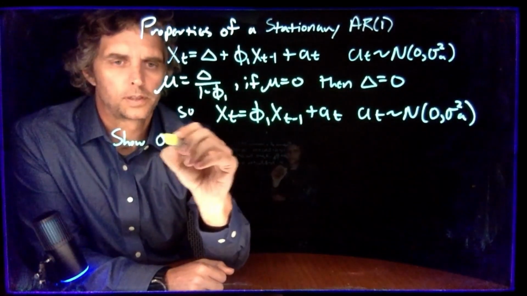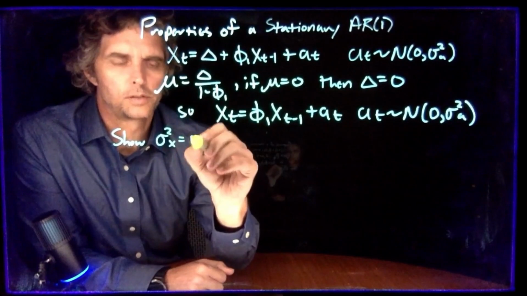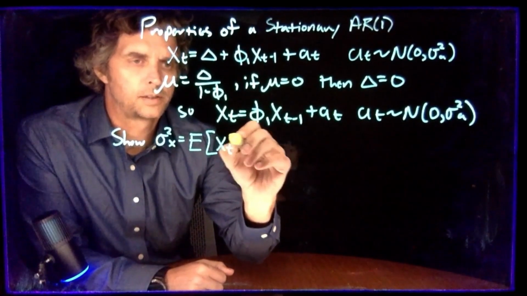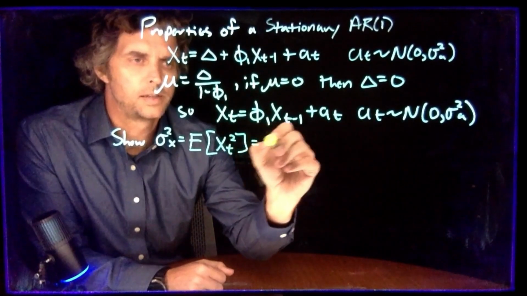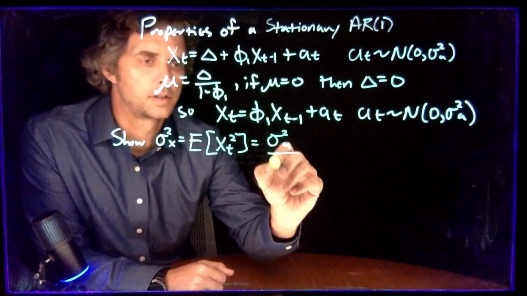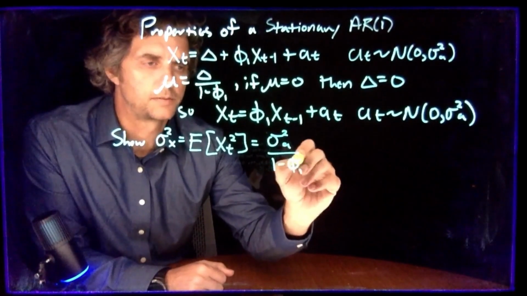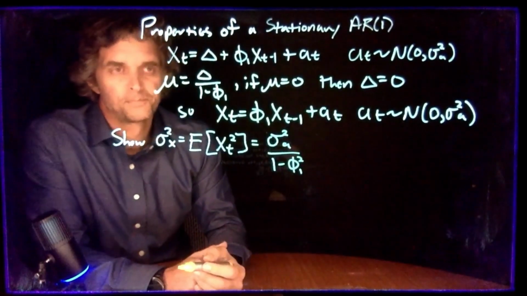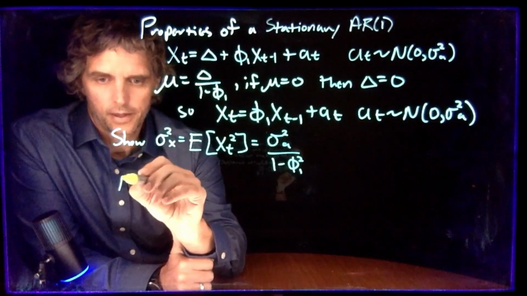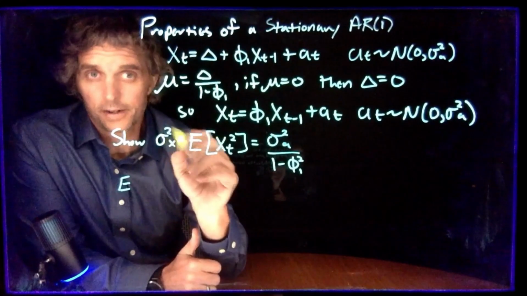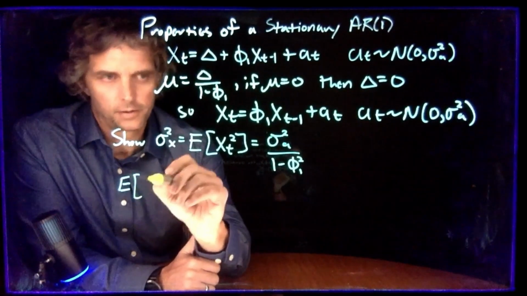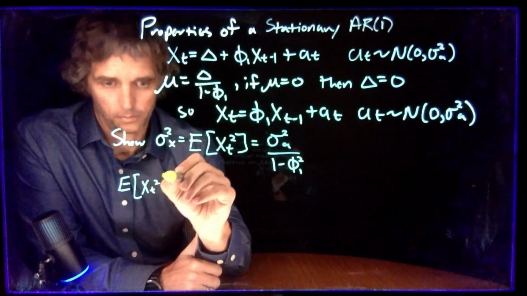that sigma squared x, which equals the expected value of xt squared in this case, is equal to sigma squared A, the variance of the white noise, divided by 1 minus phi1 squared. We'd like to show that. So let's go ahead and get started on it. We're going to say that the expected value, noting that this is the variance of the x's, sigma squared x, so the expected value of xt squared